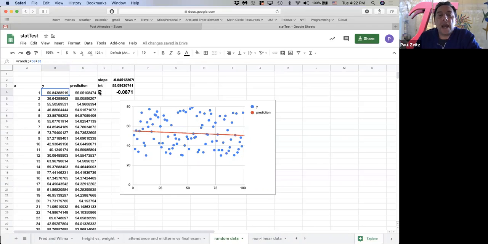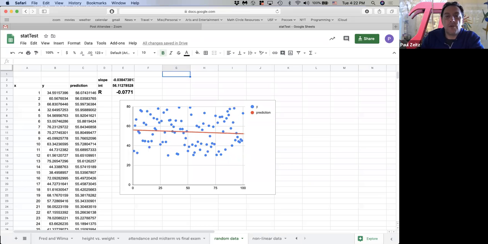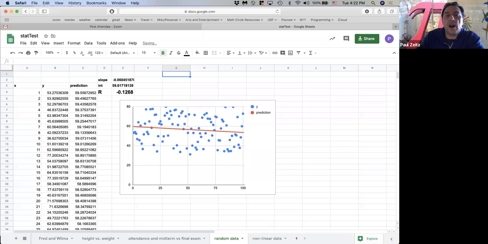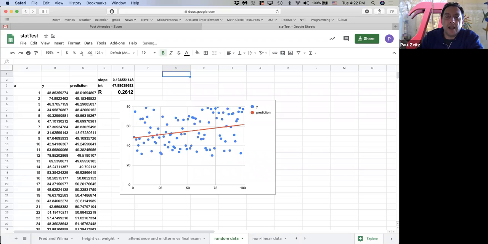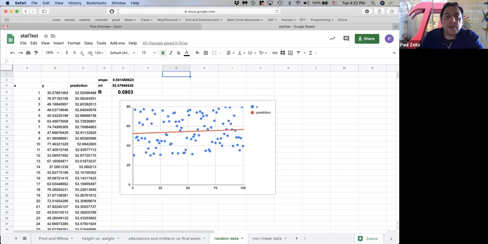So you would expect the value of the correlation coefficient R to be close to 0, and indeed it is. And if you just hit the delete key on a blank cell, you can make the random computation repeat itself. And so you can see the R keeps changing, but it stays close to 0. Now there's that red line, which we'll talk about. It's the trend line, or the least squares regression line. We'll talk about it in a little bit, but ignore it for the time being.